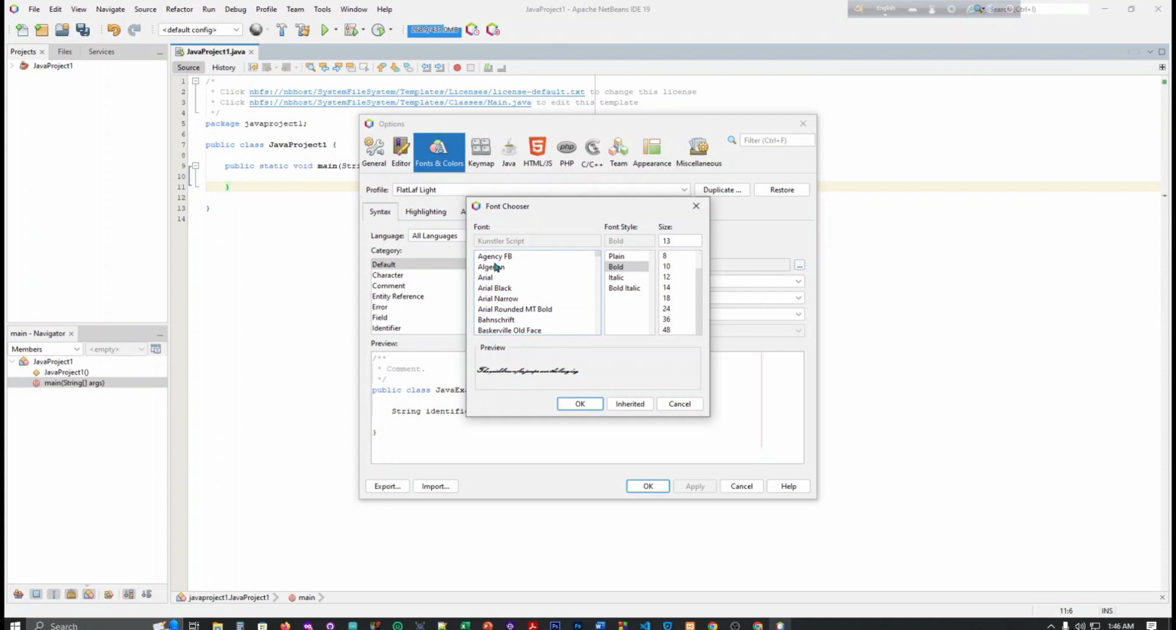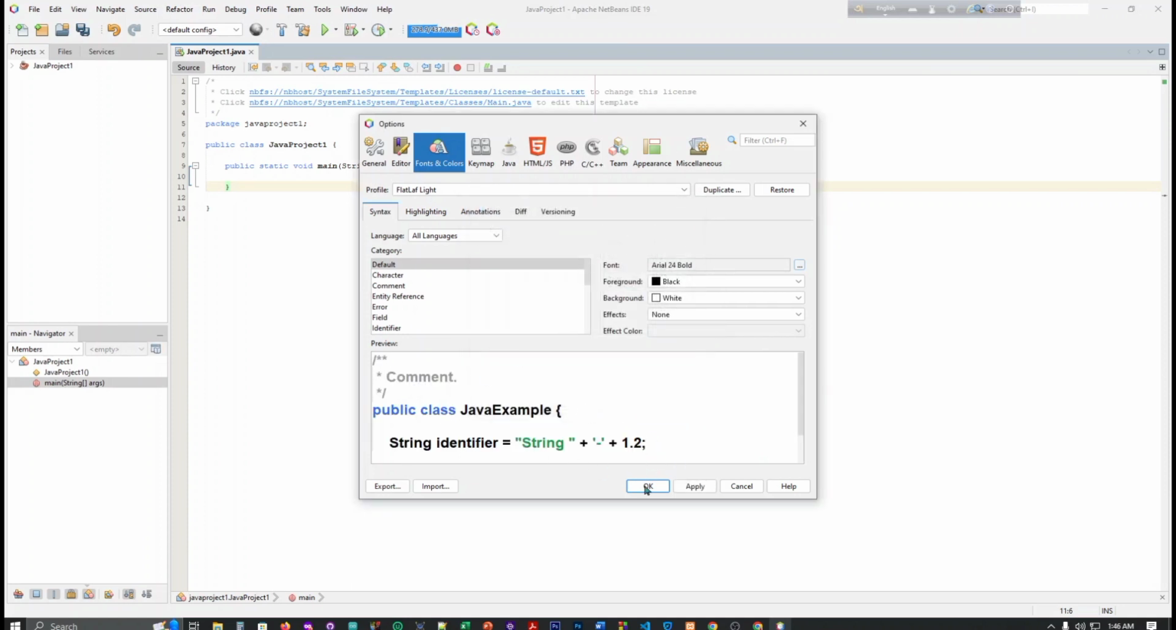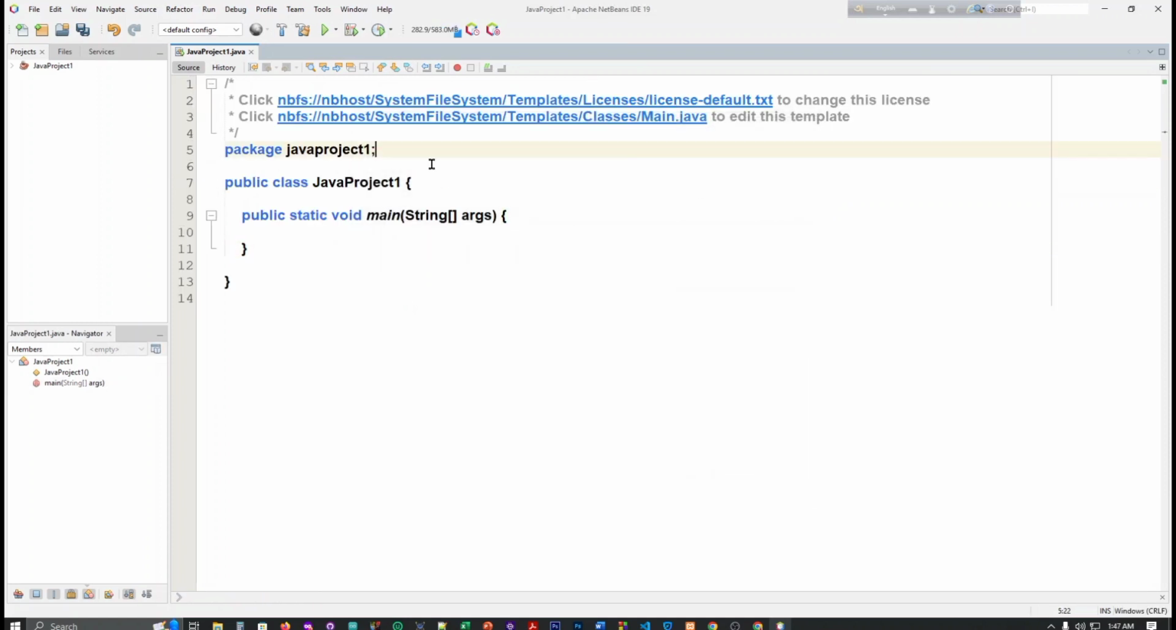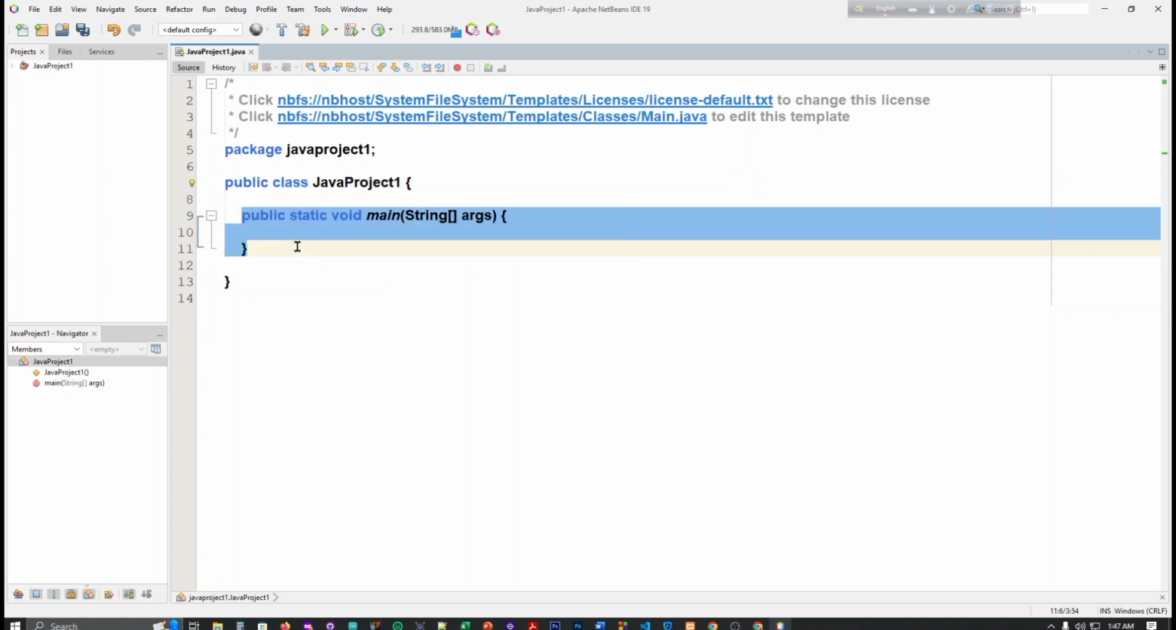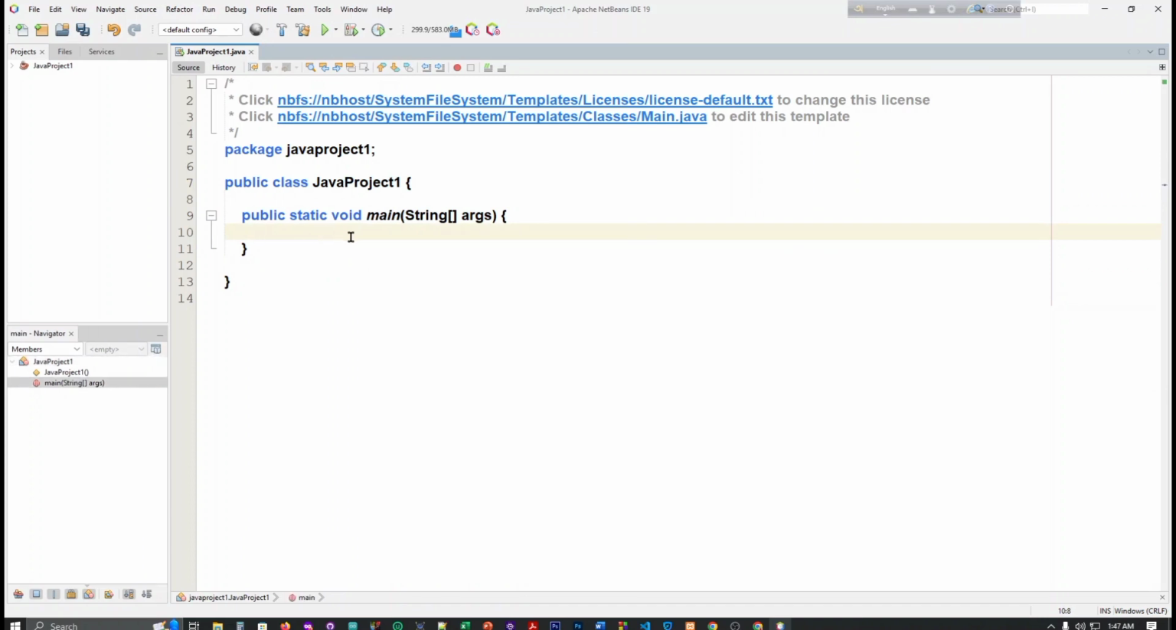Okay, I'm going to select the quick one. This is good actually. This is also good and clear, Arial. Okay, and 18 is big, 24 is also big. So I just click here. Okay, here you can see the package. This is the public class. This is the main class actually, and this is our main method actually. Okay, so now we simply write